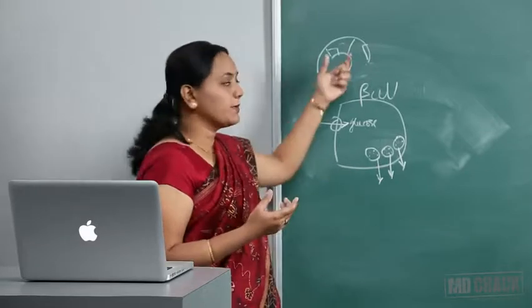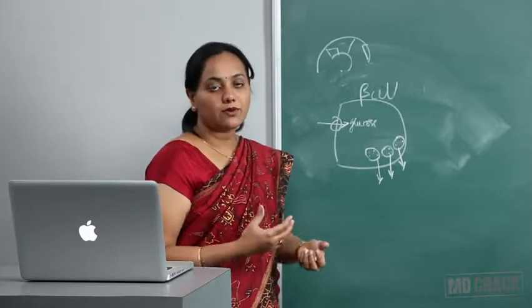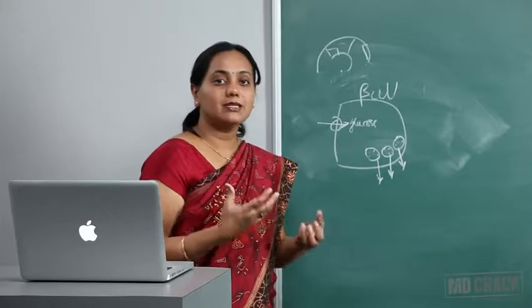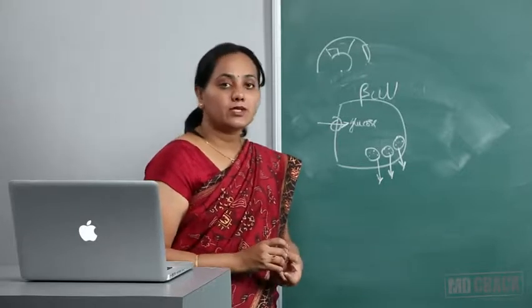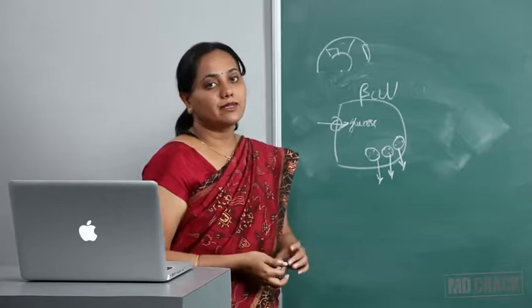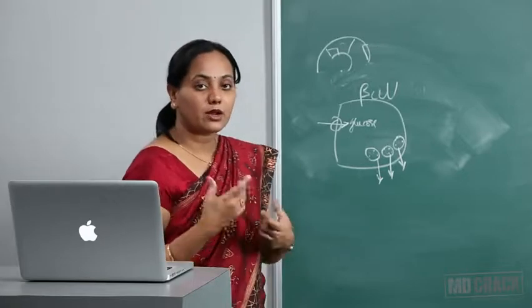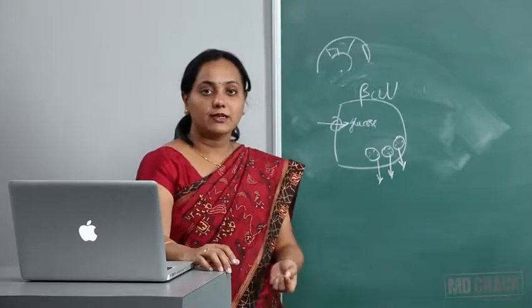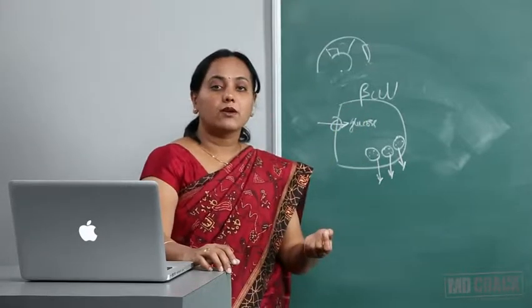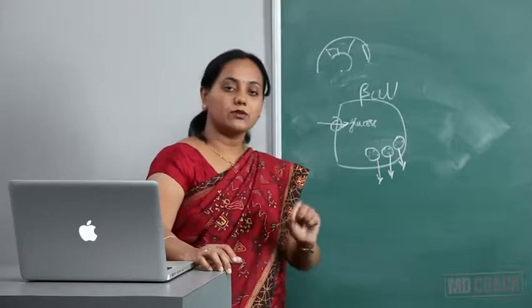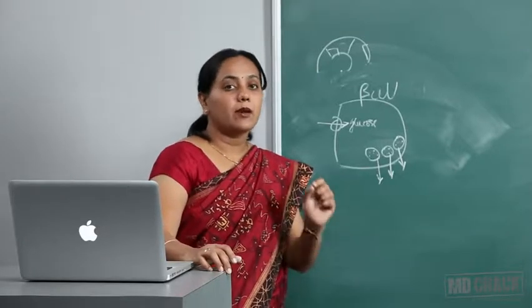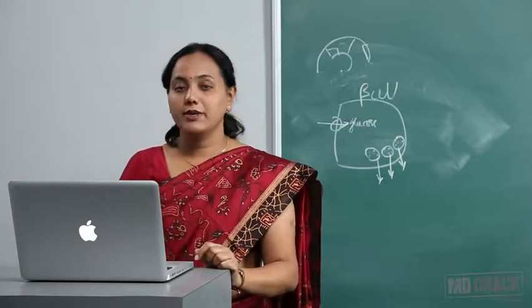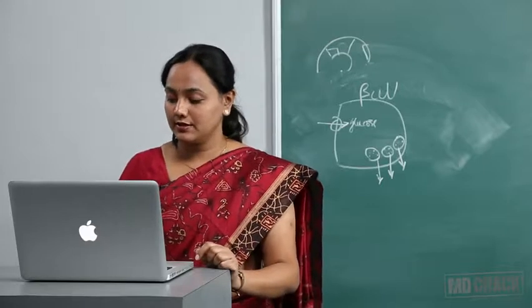Why? Because insulin, after it is synthesized, has a short half-life. It will be degraded by insulinase. So we can't come to know the actual release of insulin. So C-peptide levels are measured nowadays to correlate with the insulin levels. For every molecule of insulin that is released, one molecule of C-peptide is also released, and so it will correlate properly with the amount of insulin, because the rest of the insulin is degraded very fast by insulinase.